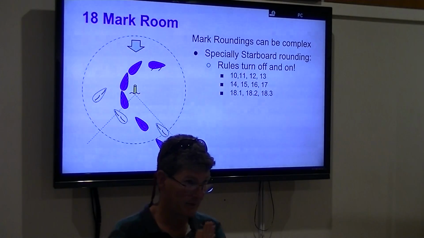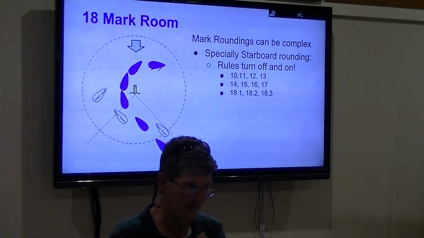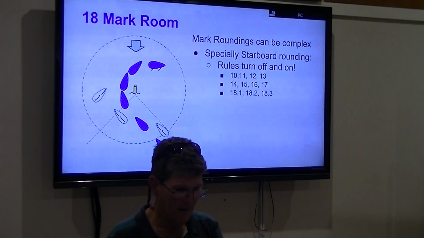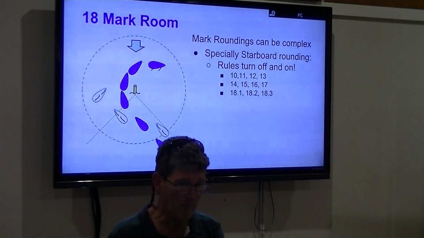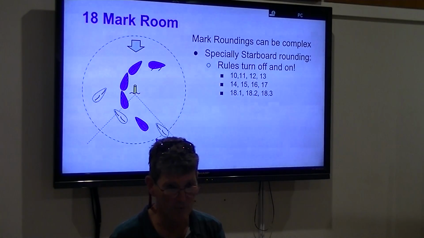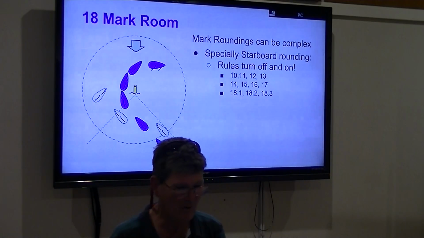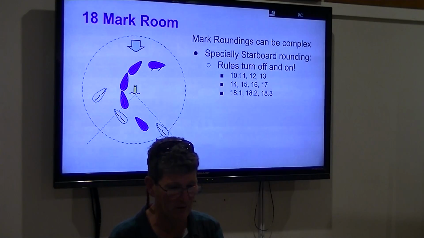Okay. Mark room. This will take quite some time. I like doing 19 and 20 because they're actually quite simple rules. Mark room can be very complex. To get around a mark, your right-of-way rules can turn on and off, your obligation rules can come in, and then you've got a really complex 18.1, 18.2, 18.3